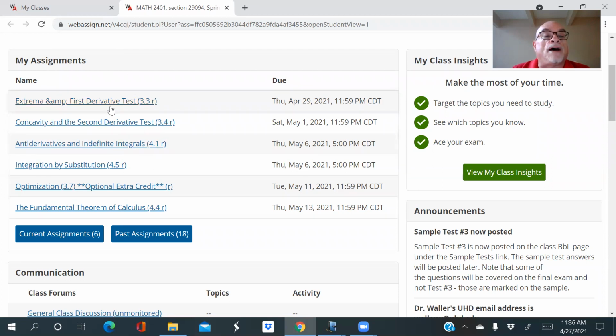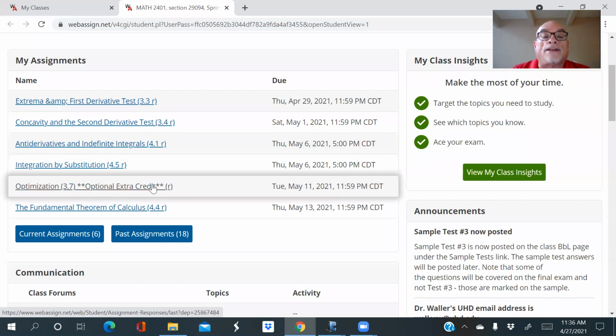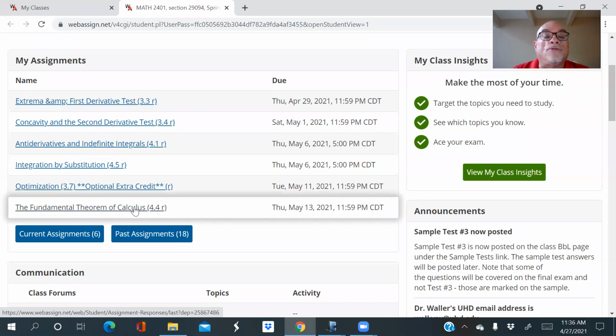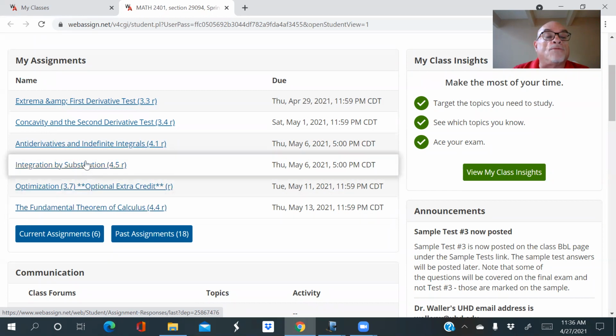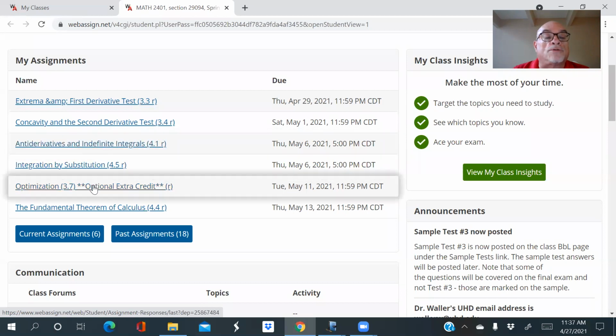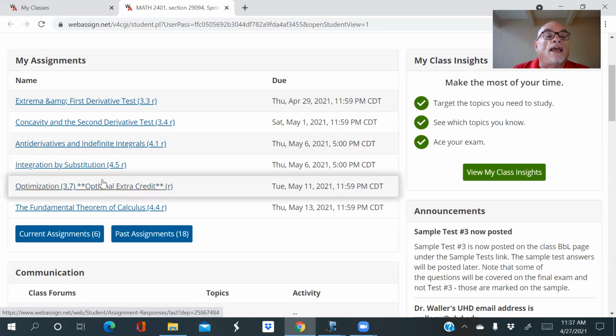There's quite a bit of homework that we have to do, stuff that's due on Thursday and at the end of this week, and then stuff due next week, and then this last homework is due at the time of the final exam. Actually, it's due when the final exam is due, the very last homework. And then there are homeworks due next week on integration, which we're talking about now, some of which would be on test number 3. But remember that homework is optional, so the list is not quite as long as it looks.